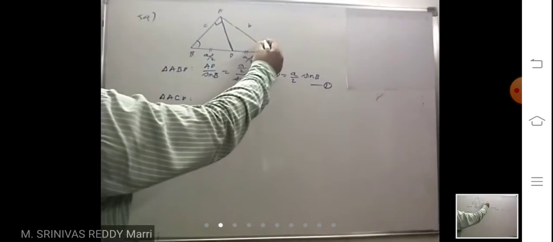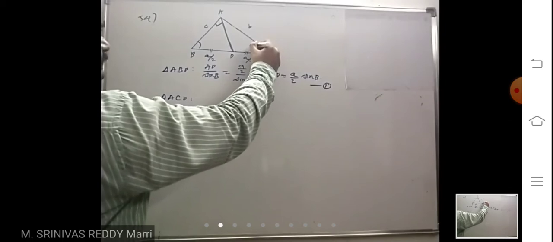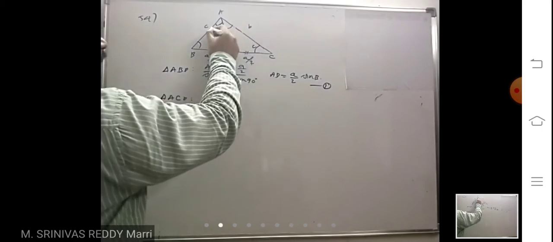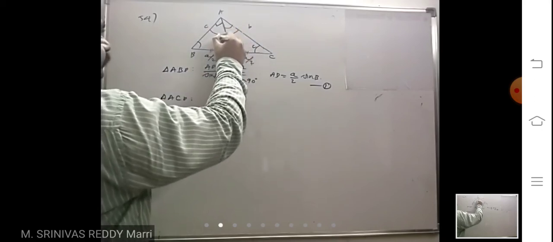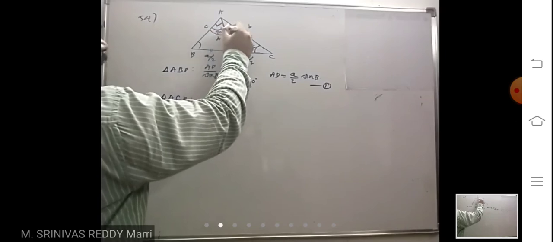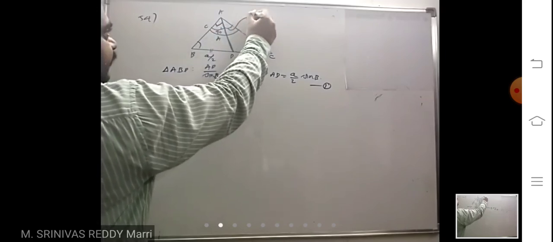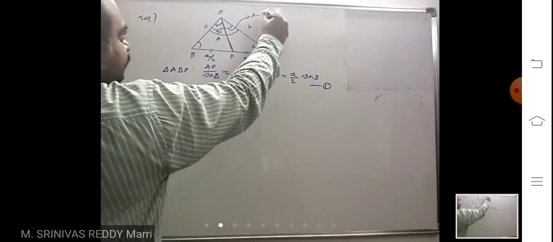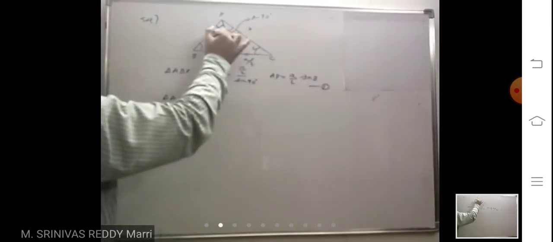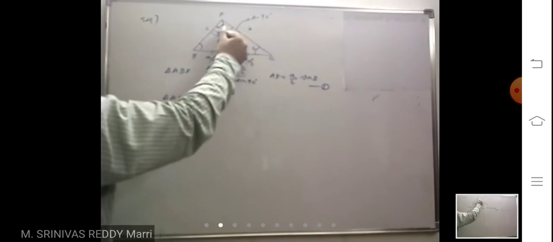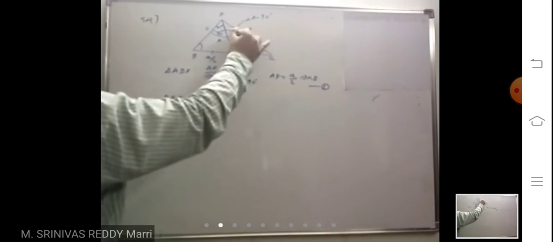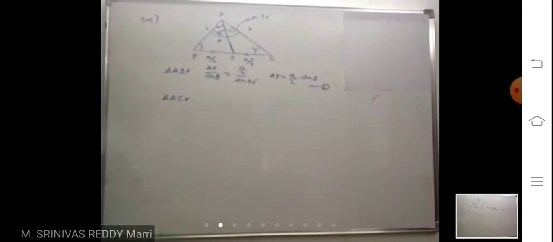Now look at here. This opposite angle is angle C, and this is a by 2. This angle will be what? This complete angle is A, and this is 90 degree. So this angle is nothing but A minus 90 degree. Look at this, this complete angle is angle A. That means A will be more than 90 degree, so this angle is nothing but A minus 90.